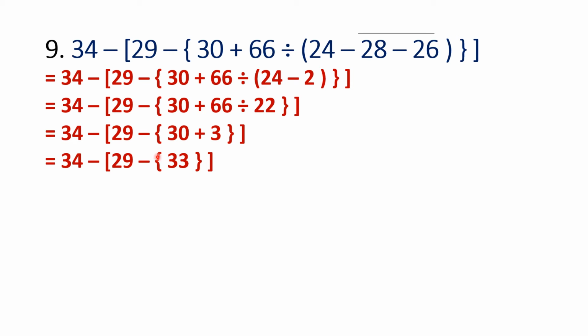Now it is time to remove the bracket. I didn't remove it because there was a negative sign here. That is why I didn't remove it and wrote 33. I just wanted to check. Okay. So now the sign change means I can put minus sign here, isn't it? So I will just write 29 minus 33. Because this was plus, I made it minus.